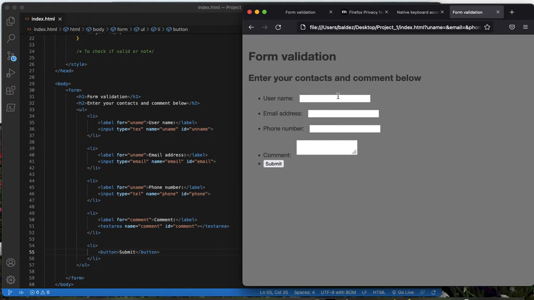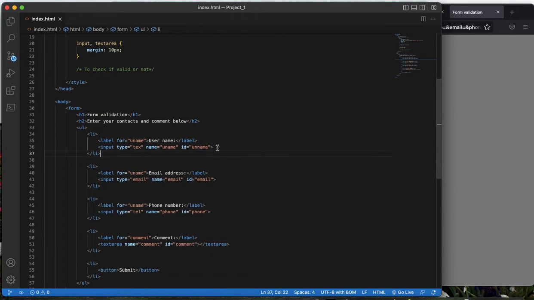So we're going to make those validations, to make these three inputs required before the submission is done. So here we have to come here and start writing, for example, an attribute called required,